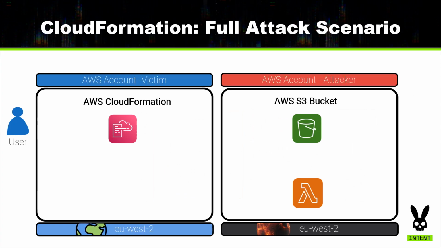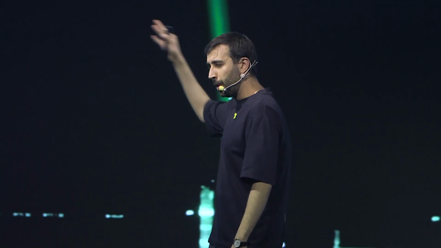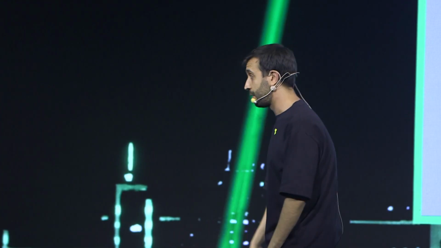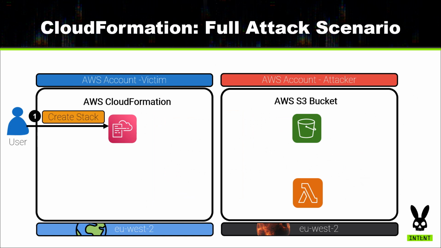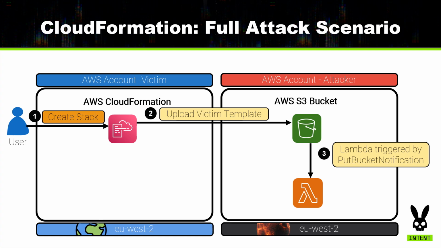Now I want us to visualize this. So we have here the CloudFormation service and the attacker account. The attacker creates this predictable bucket name under their account and also a Lambda that will be triggered by an event that's called put bucket notification. So any file that will be dropped to the attacker S3 bucket, the Lambda will be triggered and inject a malicious resource. So whenever the user will try to use the CloudFormation service via the management console and uploads a template file,